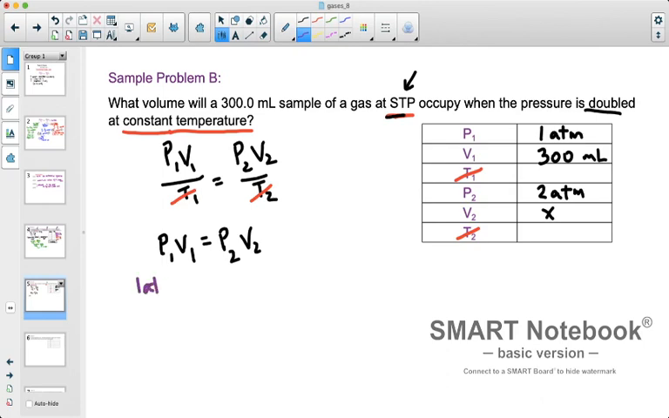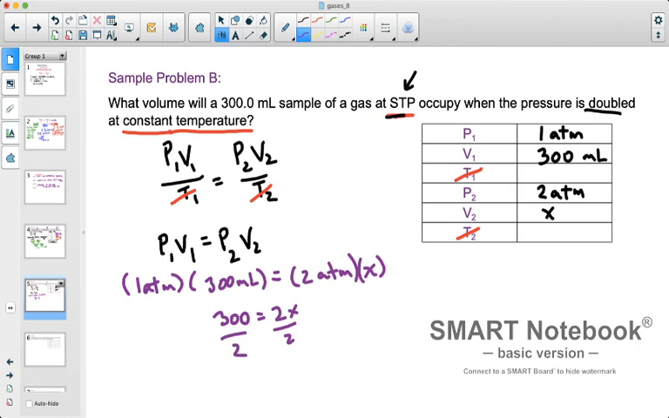I'm going to write down 1 atm. Now I'm going to plug in with the values and their units. 300 ml equals 2 atm, and then multiplied by x. So I've gotten my second point, right? Now I'm just going to do the work. I'm going to simplify. I'm going to put the numbers in. I'm going to isolate x. All right, that's just algebra. And I end up getting a value specifically for x, which is really V2,